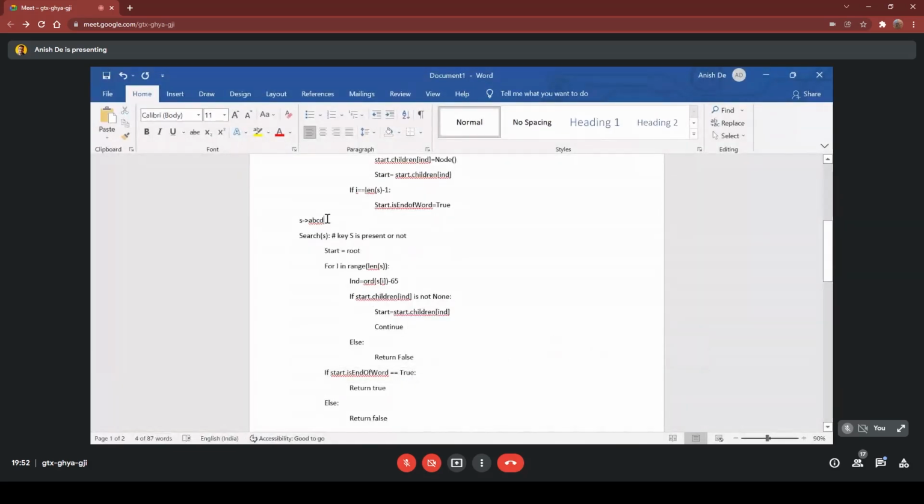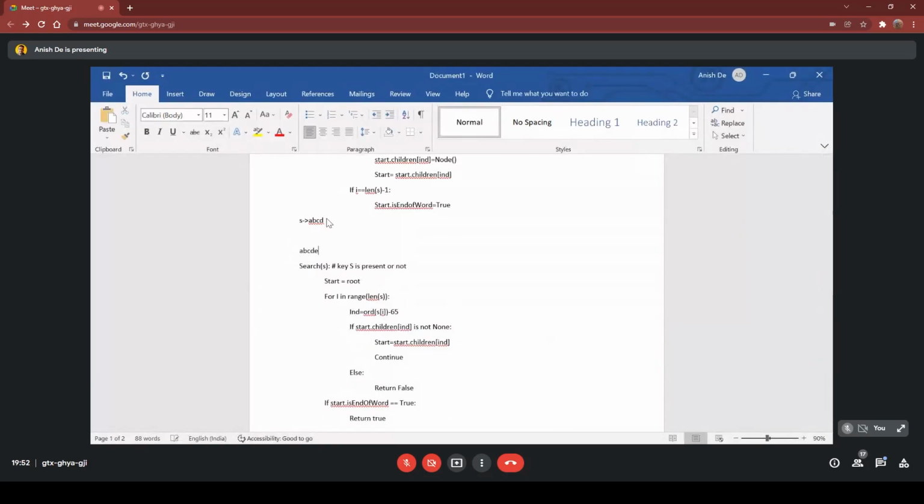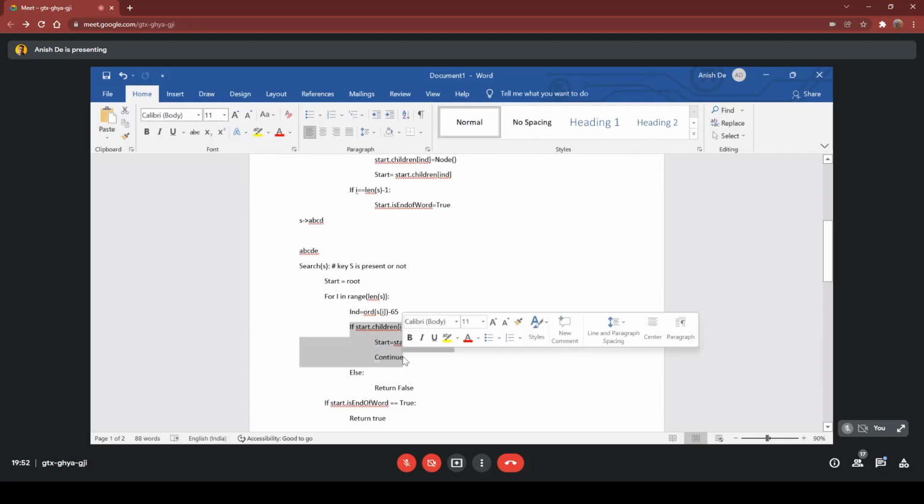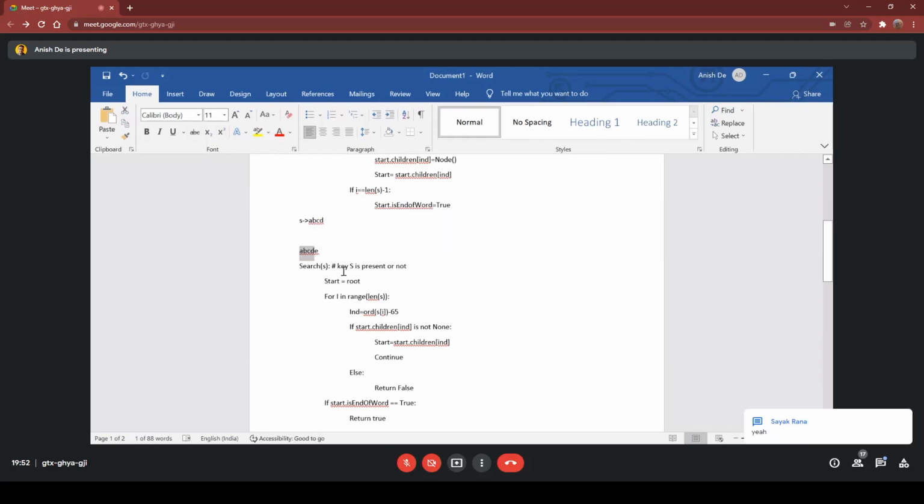So there can be a string like A, B, C, D, E in the array. So if A, B, C, D, E are present in the array and we have to search A, B, C, D as a key, this part will be true for this key, because this prefix is present in the array, right?